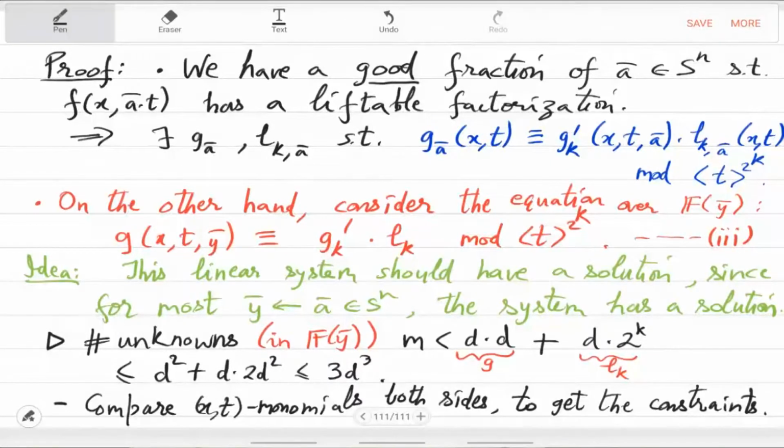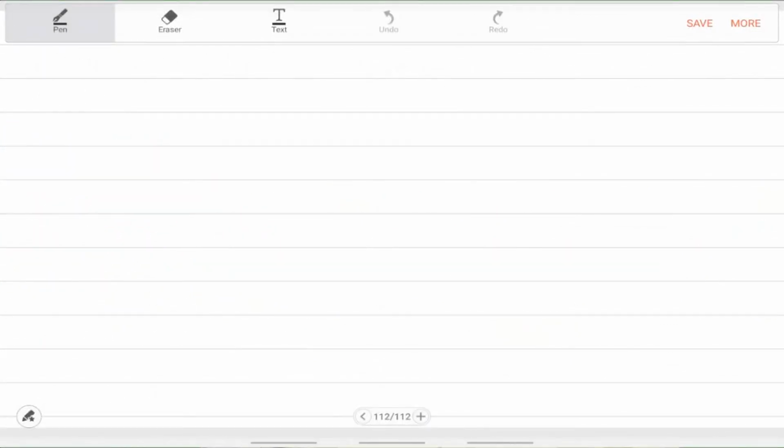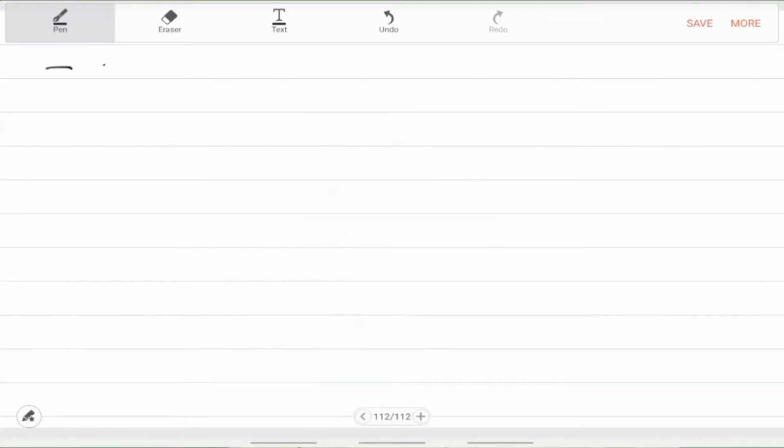So from that you can deduce that for formal y bar also there has to be a solution, because if there is none, then what happens? So if equation 3 has no solution, then